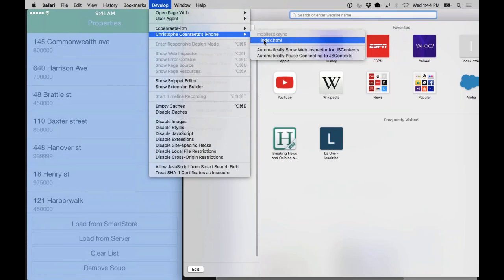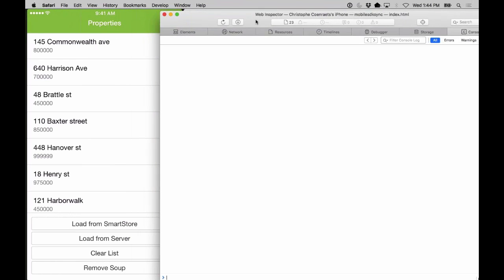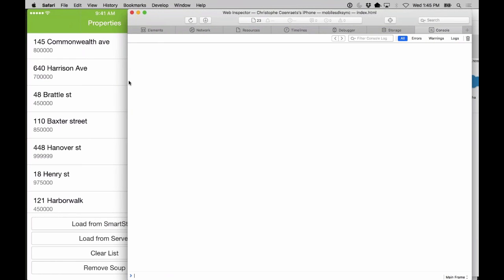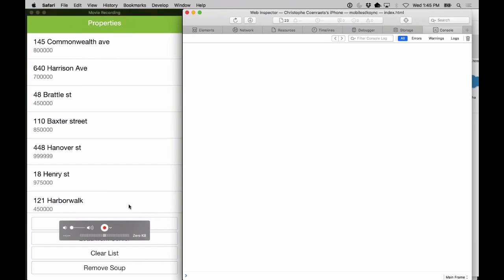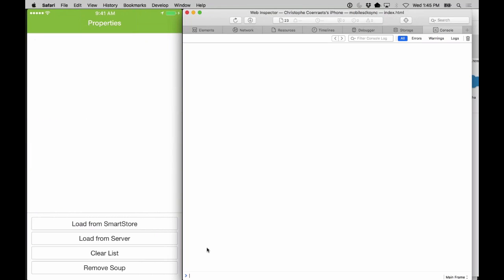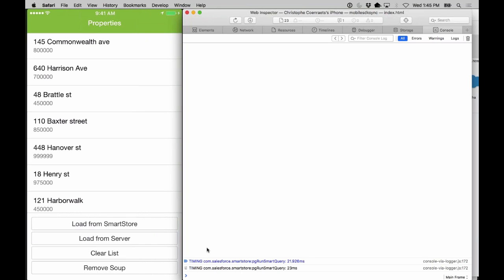All right. So you know that you can do some remote debugging using Safari if you have a hybrid app here. What I'm going to do is clear the list again and load from Smart Store. The reason I'm doing that is to show you the kind of performance that you get here, which I think is totally amazing and speaks for itself in terms of how fast Smart Store is,